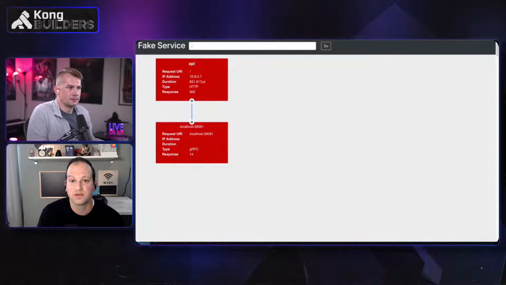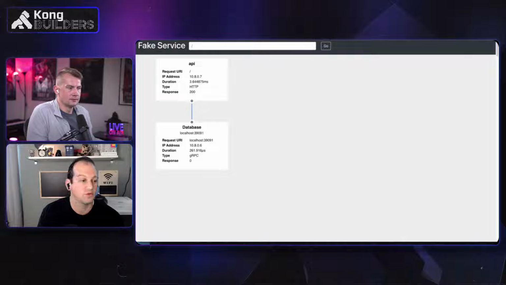So when we first come up, there was no connection, and then once Kuma and all the data planes came up, everything was connected. Fake service gives me a GUI implementation of how we're connected. This is the Kong container that's running, and I'm hitting port 8000, and I'm hitting the UI on that container. That container is then routed from Kong into the API service, which is then connected through Kuma to the database service.